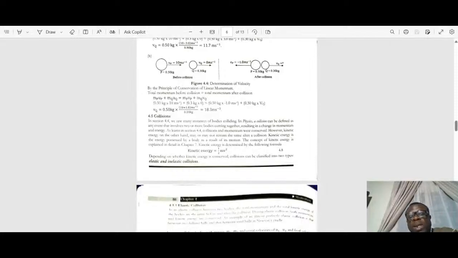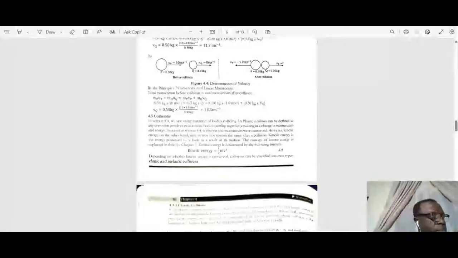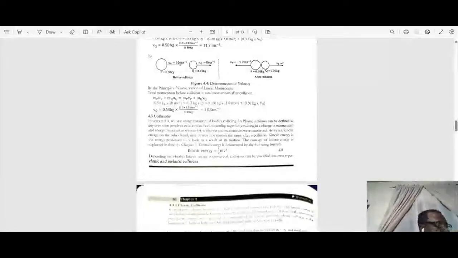Product of mass and its velocity. So when you are talking about the collision, it means 2 objects are involved. So when you look at that, when you look at this diagram,